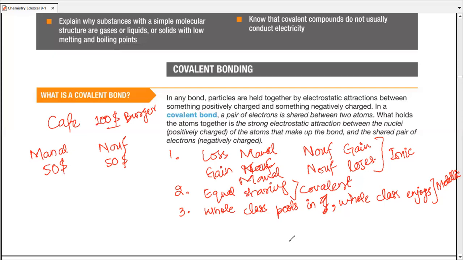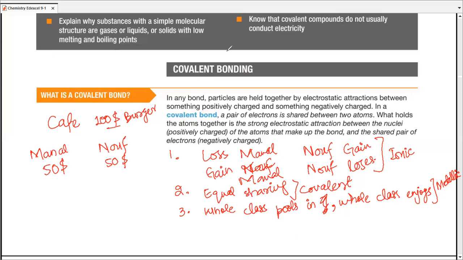One last thing, there is always a chance for donation. Donation is something that we give away and we never ask anything in return for it. This also exists in bonding. So donations, even when you agreed for loss and gain, you still shared. Even when you agreed for sharing, you kept the bigger half. All of these exist in bonding and will come as a part of A level course. So far, we are just going to stick with these three scenarios in your book at IGCSE level. So keep that stuff in mind.